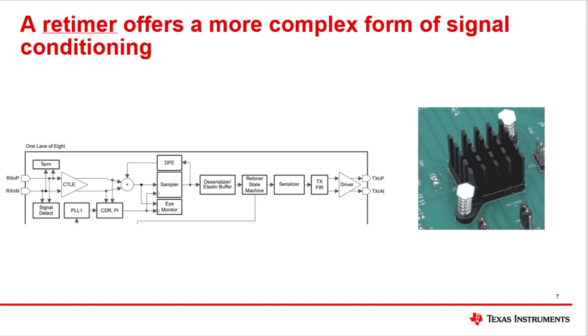However, the strong capabilities of a retimer come at a price. Retimers need a PCIe clock input, whereas a redriver just ignores the clock. A retimer needs separate digital and analog power rails, and the digital supply must be high quality, whereas the redriver only requires a single supply. Additionally, a retimer will very often need additional programming and temperature control. As a consequence of high power consumption, a heatsink is usually required. Finally, there are lots of settings to configure the link before linkup can be initiated, so an external EEPROM is typically used with a retimer.